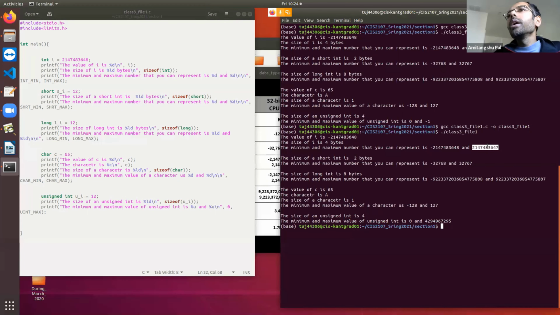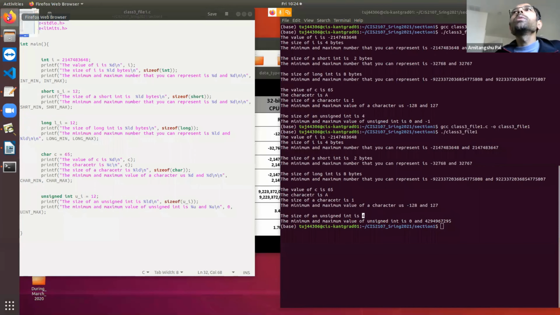Clear? And here also you can calculate this similar to the integer. In this case, there is no sign bit, so the entire 32 bits represent the integer value. That means you will get a range of 0 to 2 to the power 32 minus 1.